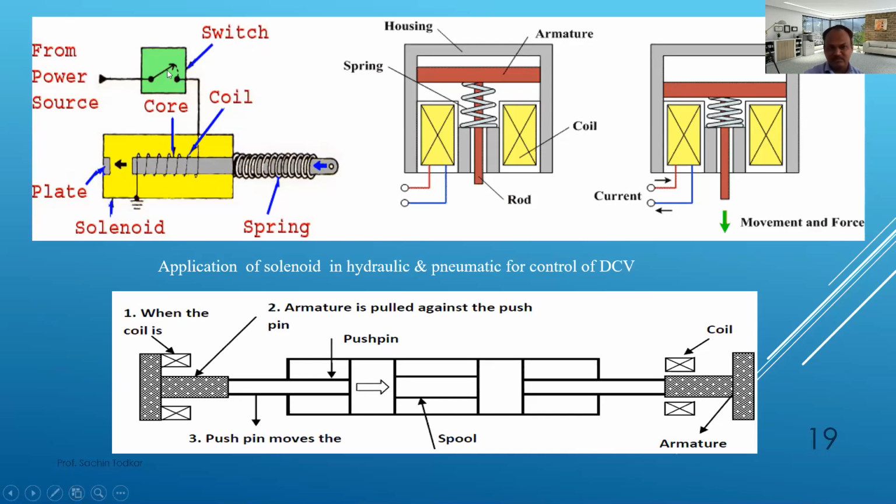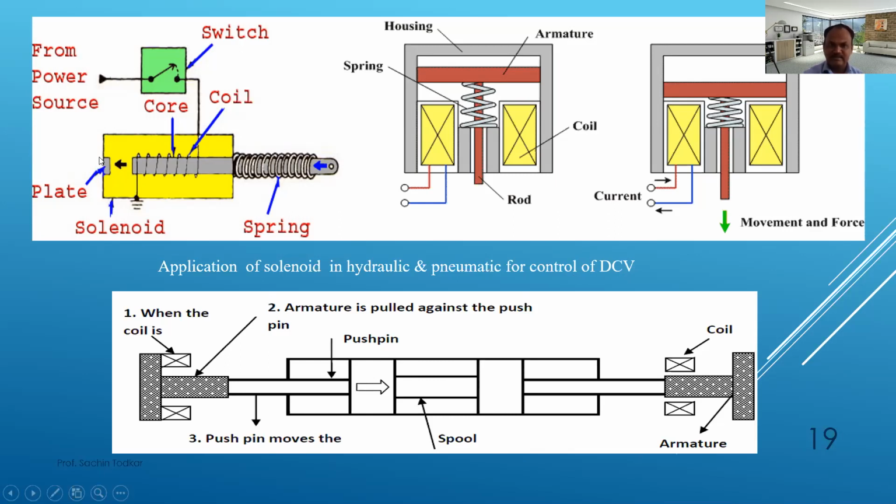That is, if I switch on the button, this plate and this SV will match each other, and there will be no flow on the other side. So these are used for flow controlling, or restricting flow from one side to another side. So this is called a solenoid valve. It is applied in hydraulics and pneumatics for control of the directional control valve. This directional control valve concept you are going to see in the hydraulics and pneumatics subject, and you'll get the idea how directional control valves actually work with the help of the solenoid valve.